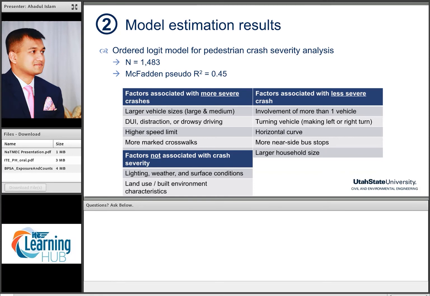Speed is a significant risk factor for more severe pedestrian crashes due to the greater transfer of energy. This is also reflected in the reduced injury severity for left-turning and especially right-turning vehicles, which tend to operate more slowly than through-moving vehicles. Our model result also implied that